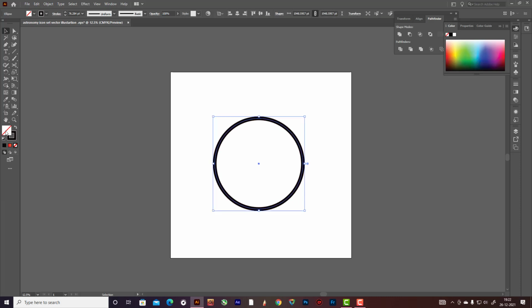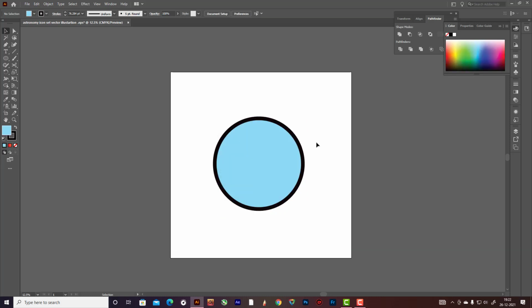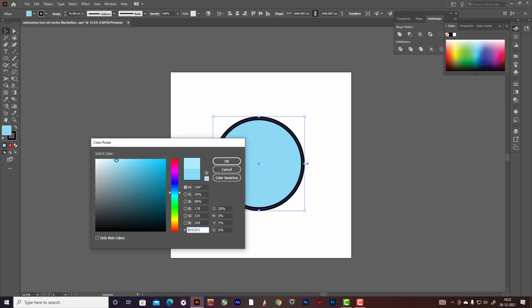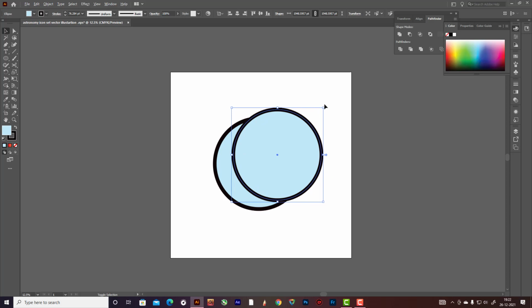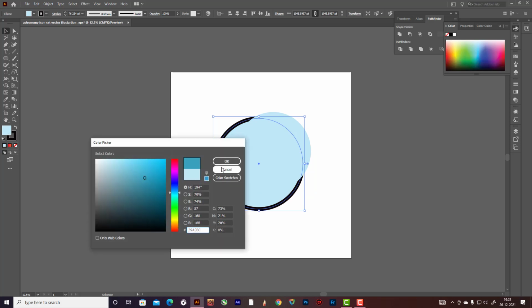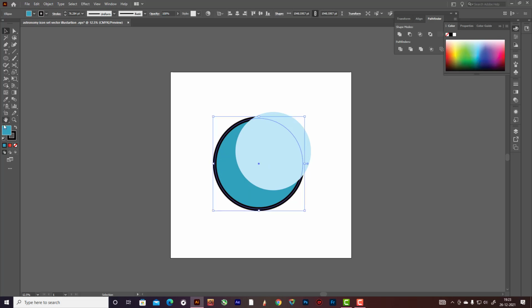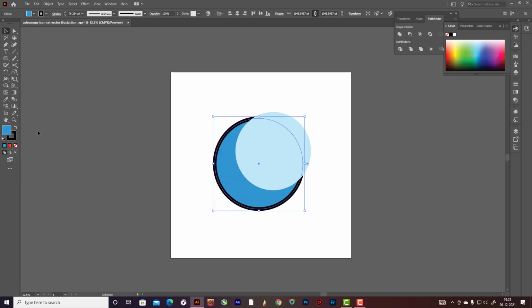Okay, change the color like this. Okay, this extra white. No stroke, and now this is the blue color, should be better. Okay, now